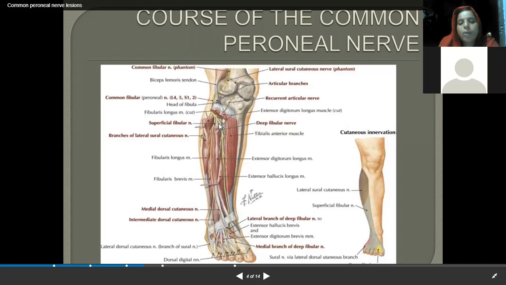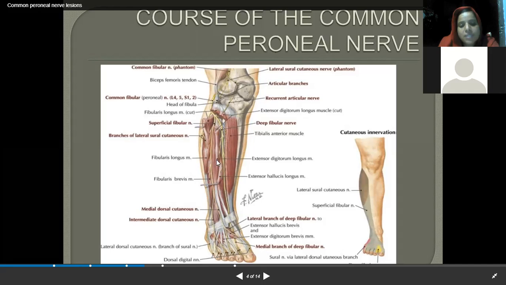Now the deep peroneal nerve goes into the anterior compartment of the leg and runs between the muscles of the anterior compartment. So what are the various muscles we have in the anterior compartment? We have tibialis anterior, extensor digitorum longus, extensor hallucis longus and peroneus tertius. Okay, so these are the four muscles. So this nerve will be running between these four muscles and then it will be supplying